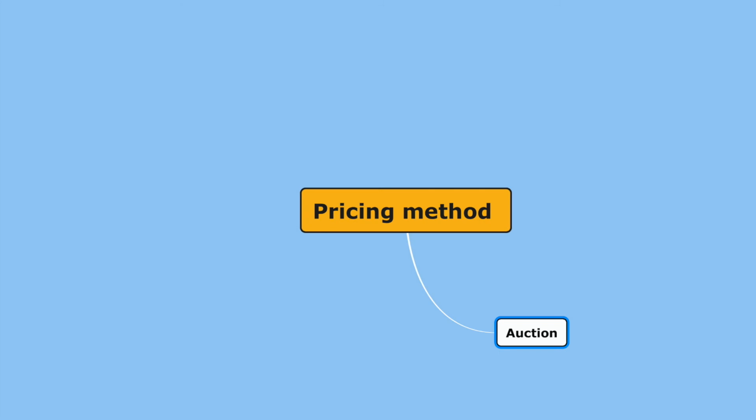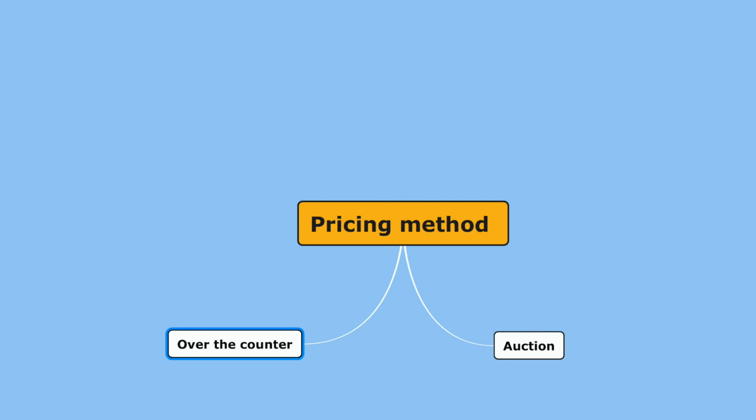Finally, we can consider a fourth method of classification, which is based on the method of fixing the purchase or sale price on the market. We have two methods: either the fixing of the price according to an auction system, which means that the fixed price is the one which maximizes the number of transactions between buyers and sellers. The other mode is called over-the-counter. In this mode, a seller or a buyer offers a financial asset at a given price and looks for an agreement on price and quantity with someone interested.